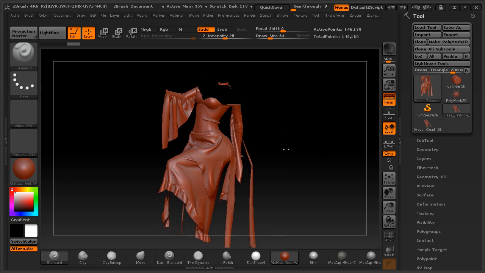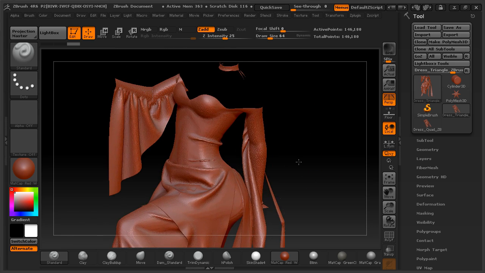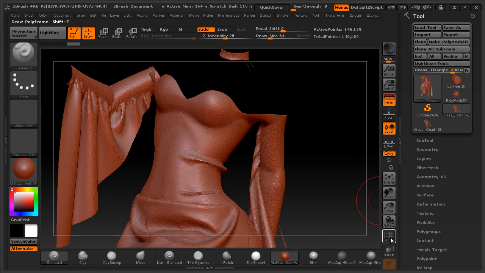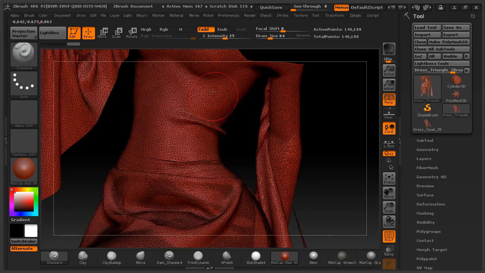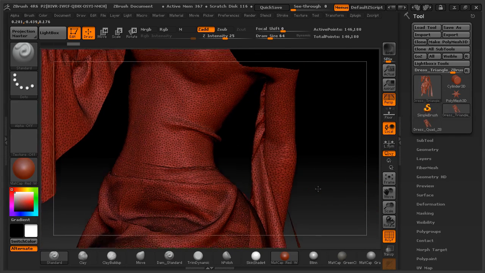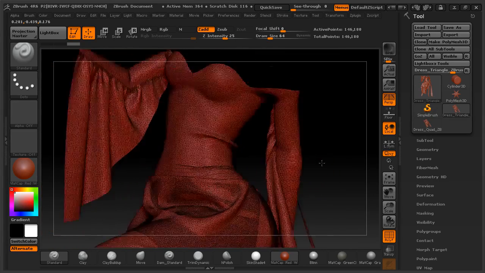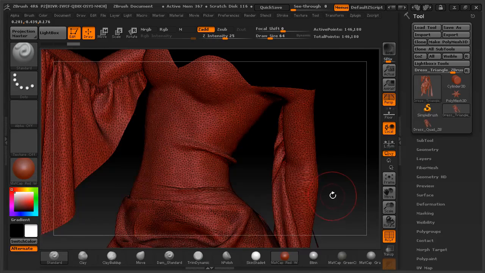So here we have, this is brought straight from Marvelous Designer as an OBJ, just imported into here. If we turn on the polyframe, we can see all those lovely triangles there. Now, as you're probably aware, triangles are never good, especially in a sculpting application like this. If we tried to subdivide this further, we'd end up with all sorts of issues with the topology of the surface. Now obviously we're in ZBrush, so we could always just go to